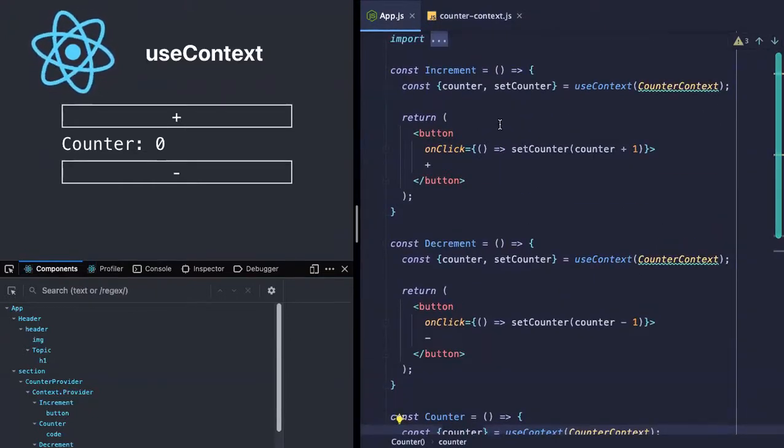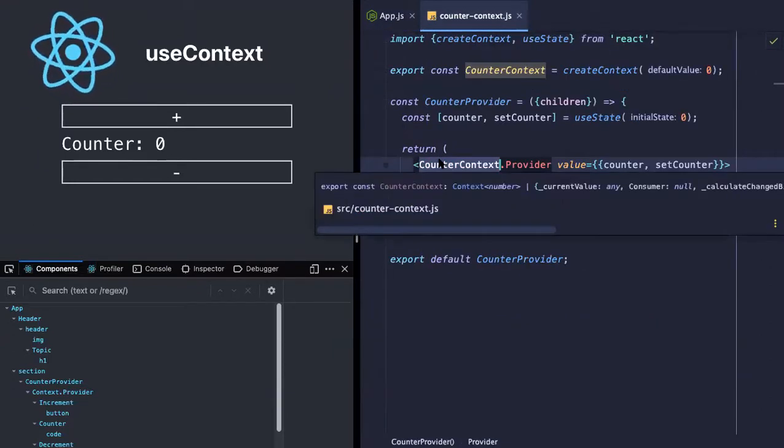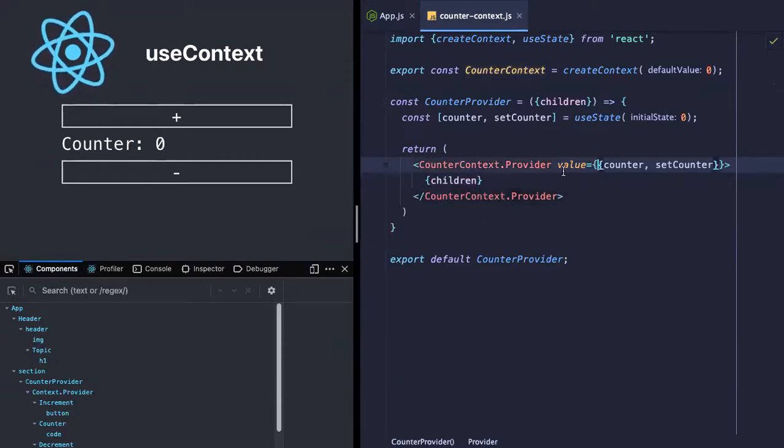The first thing I want to focus on is this provider. Here, if you see, we are providing the value as an object. This is an object which gives us a counter and a setCounter. Now the problem with this is, whenever the provider re-renders, we'll always get a new object with a counter and a setCounter.